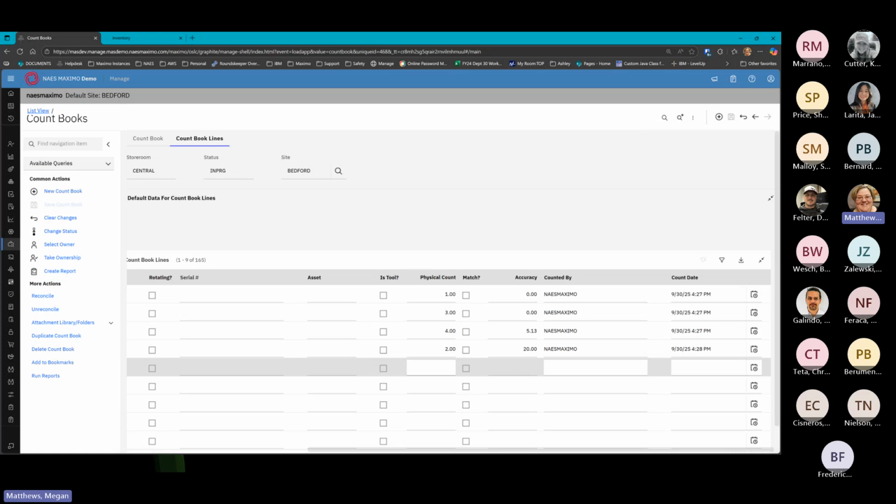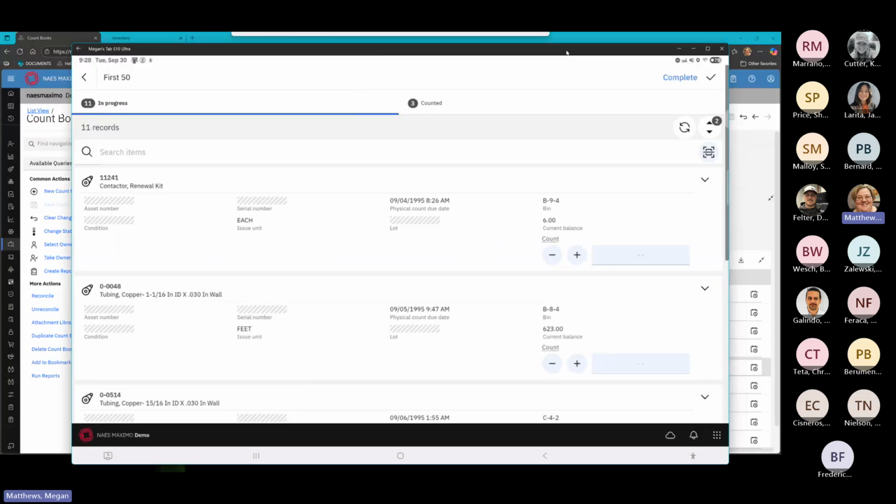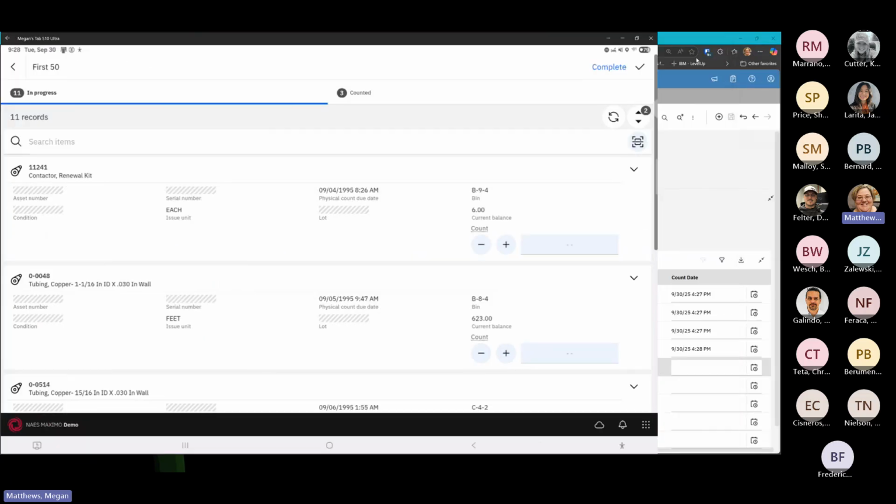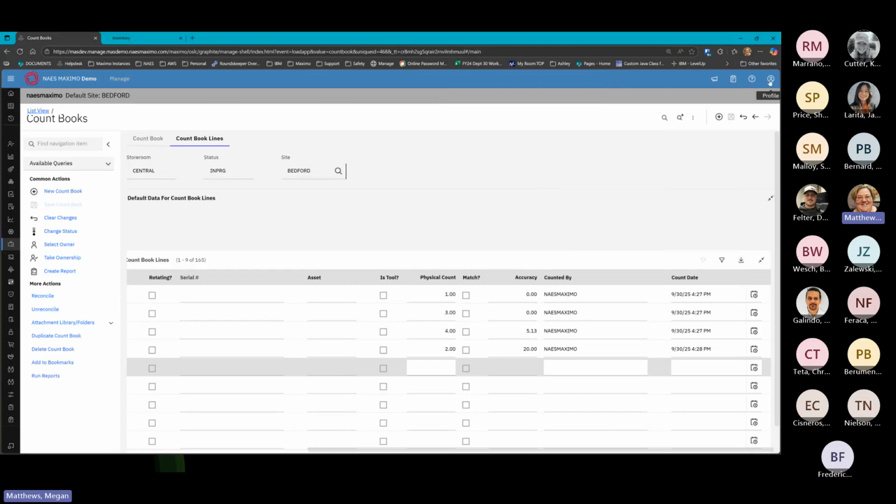So let me flip over to the mobile app here. And I'm just using a Samsung tablet. I'm using the Maximo application. If you're unsure how to get in there, what you need to install, and you're using NACE Maximo, when